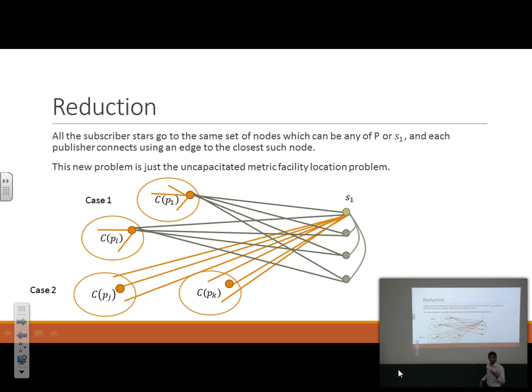Okay, that's the uncapacitated facility location problem. So at each one of these nodes, the cost of opening a facility is the sum of connecting all the subscribers to that guy. And once it's opened up, anybody else can connect to it. So I've reduced this to an uncapacitated metric facility location problem, solution factor of 4. So moral of the story, in either case, we can reduce it to opening a facility in one of these places, and we have reduced our problem.